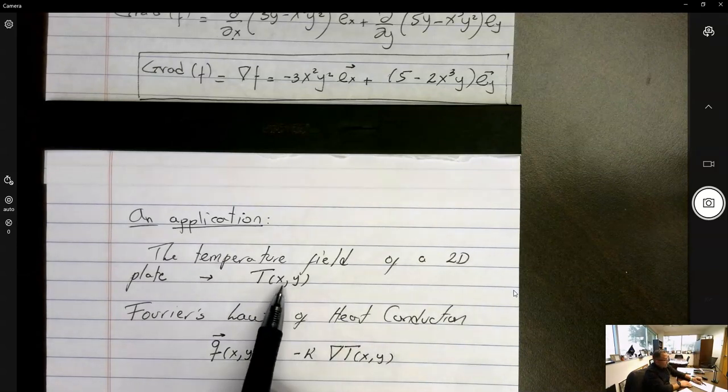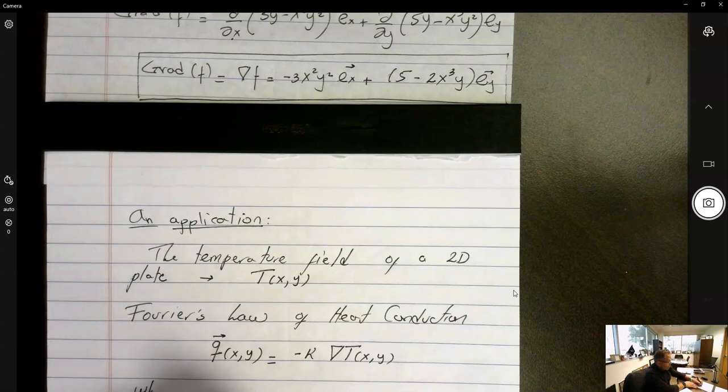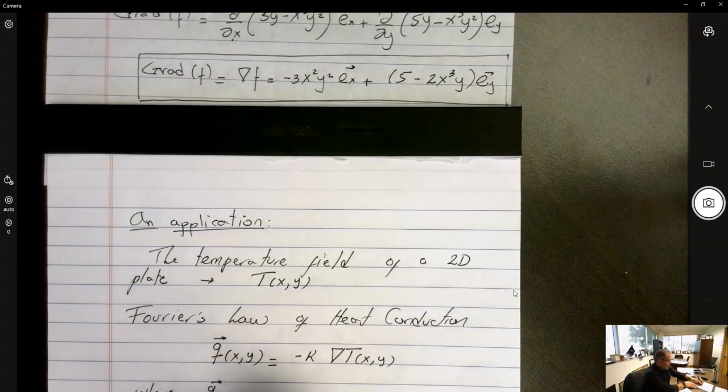So taking a scalar field like the temperature, taking its gradient and multiplying times a constant results in a vector field, and that vector field is sort of the energy that is carried by this temperature in the form of conduction, right? This is the law of heat conduction. So where Q is the heat flux vector,